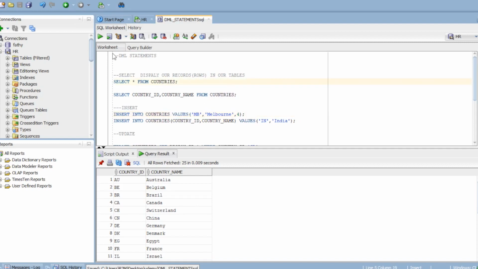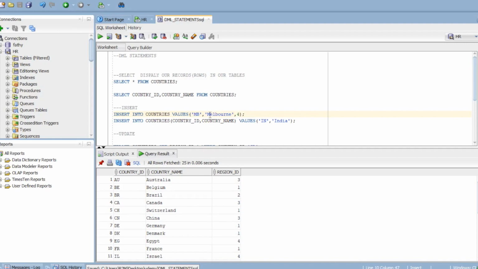First I will execute this query. I have three columns, right? For these three columns I am giving values respectively. MB is the value I am going to give for country ID, Melbourne is the value for country name, and 4 is the value for the region ID column.